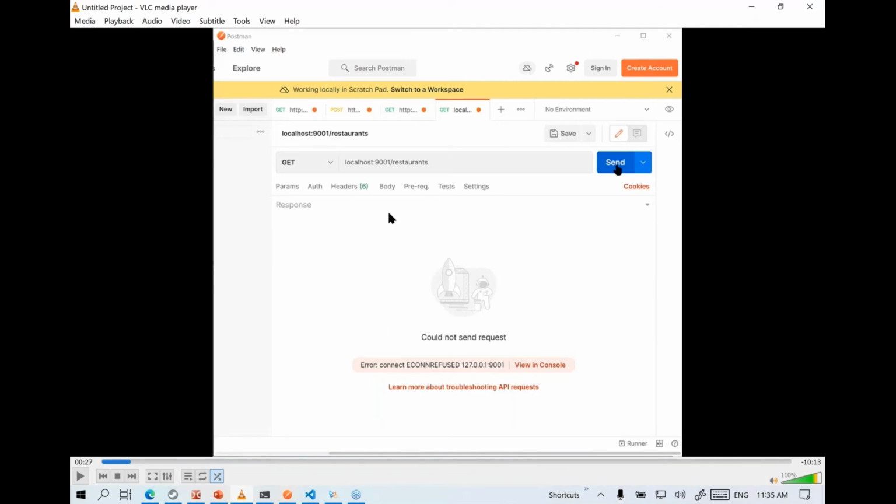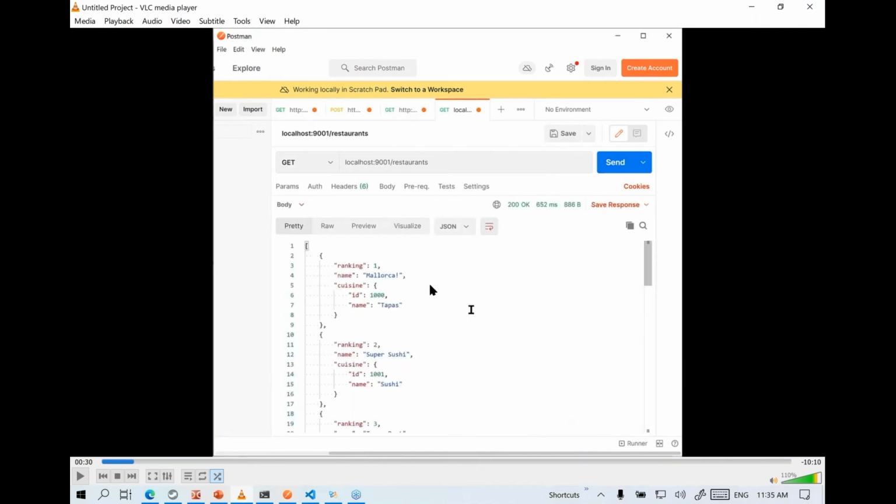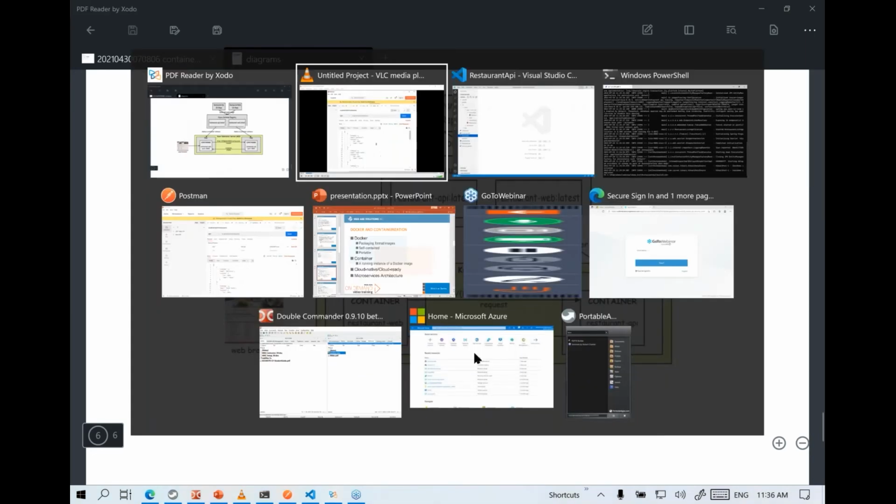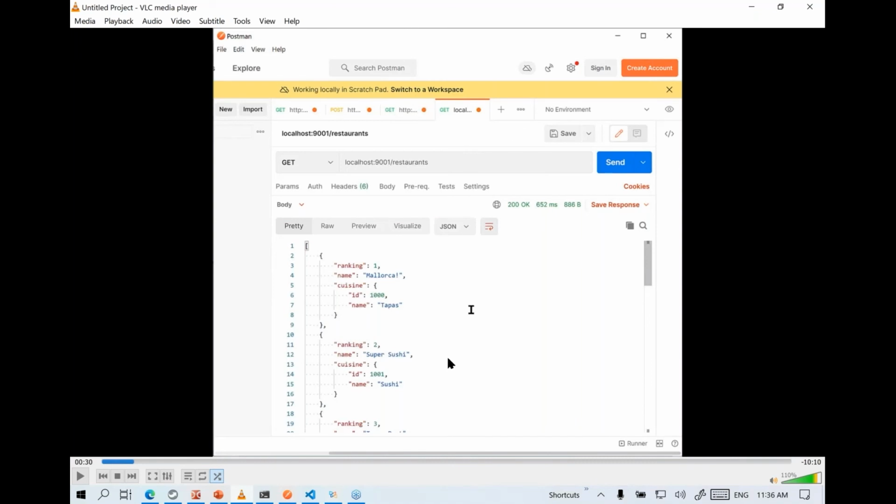And next, you can test it out by, let's say, using Postman or any other REST client testing tool. Enter the URL, and here you'll be able to see the output. So in this case, we have a REST API sort of application. But typically, when you have a microservices architecture, you will end up having REST APIs, and you will also end up having the web front end that could be React, Angular, jQuery sort of application, and so on. So for now, we just have a single REST API here. We don't have any web front end.